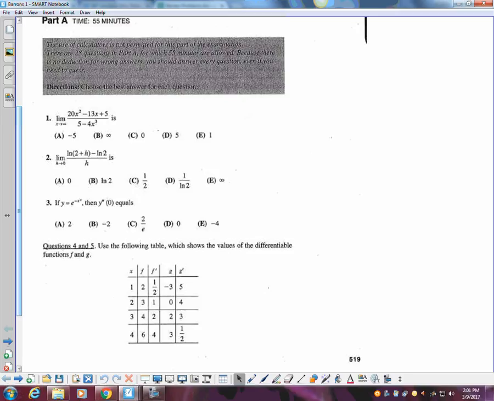So if I'm taking the limit as we approach infinity, you really just need to look at your highest powers. So I'm going to look at this term and this term, because everything else is sort of insignificant compared to them. So if I look at what I have left,